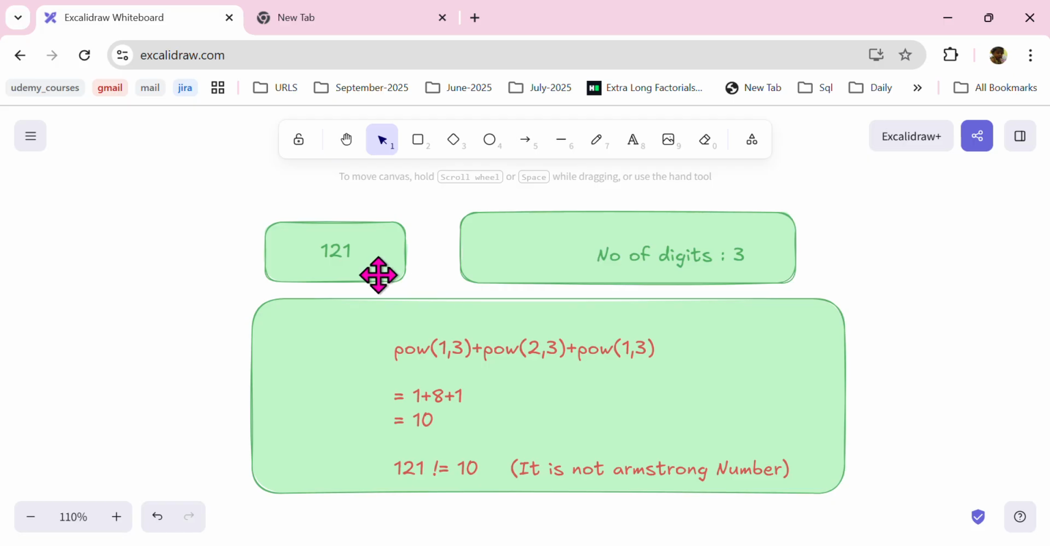Suppose we take another example, 121. The number of digits in this number is 3. The power of each digit is 1 power 3 equal to 1, and 2 power 3 equal to 8, and 1 power 3 equal to 1. That means 10. 121 is not equal to 10. 121 is not an Armstrong number. Okay, now we will look into